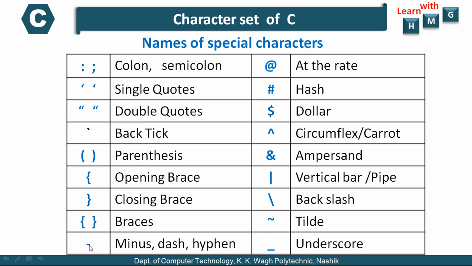Here is the minus symbol, or dash or hyphen, and opposite to that, this is the underscore symbol, and you can see the difference between minus and underscore. Then above this, @, then hash, dollar, circumflex, also called the caret symbol. Then this is the ampersand symbol. Generally we call it "and", but the complete name is ampersand. Then this is a vertical bar or the pipe symbol. Then this is backslash, tilde character, and I already explained the underscore. So these are some of the useful special characters which come across in a C program.